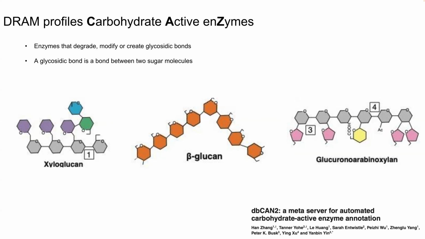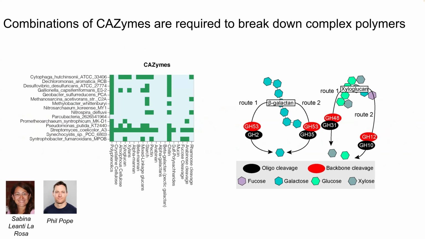DRAM basically uses dbCAN2, which is a very expert curated database for enzymes for these large polymer carbohydrate substrates specifically. This was curated by Phil Pope and his former postdoc Sabina. They took a lot of time, used their expertise to really guide our group on how to build enzymes